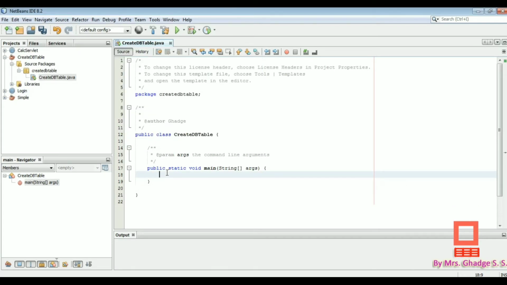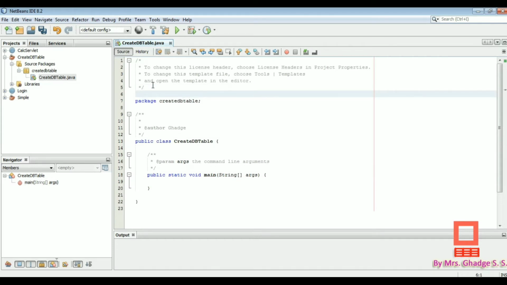So for this we are going to use some steps of database connectivity, but for that we need one important package. So first step is to write a package, or to import a package. So we are using the package java.sql.